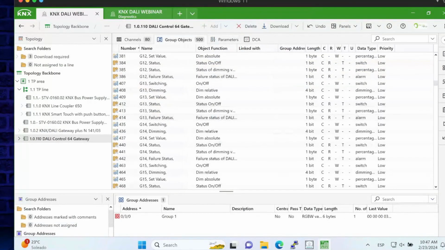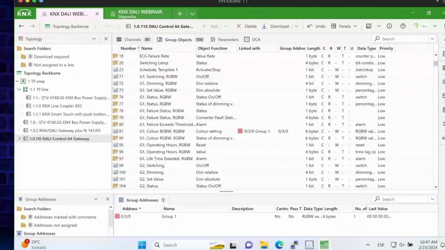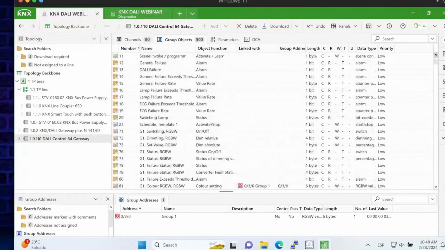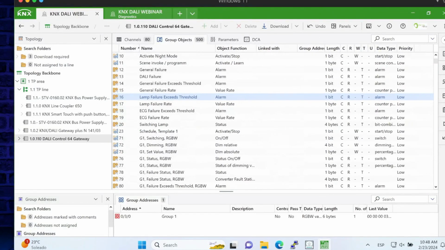Let's go to the group objects here, and let me show you something. This is KNX, so this is all I can see, control, and read from KNX. Take a look. General failure rate, I can get the value rate, 100%, 80%, whatever. Lamp failure exceeds threshold. Lamp failure, ECG failure, incredible. Activate night mode, scenarios, general failure in the gateway or general alarm. Perfect. Switch on RGB, status, failure status,